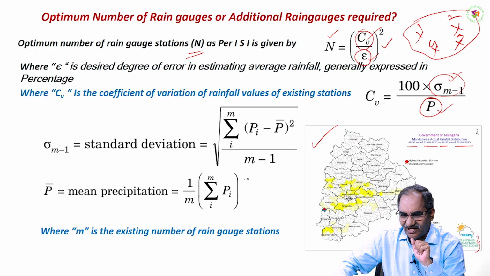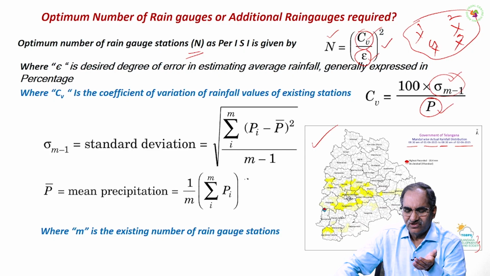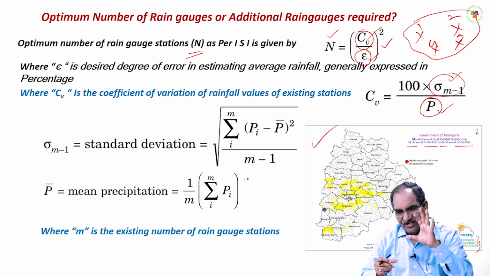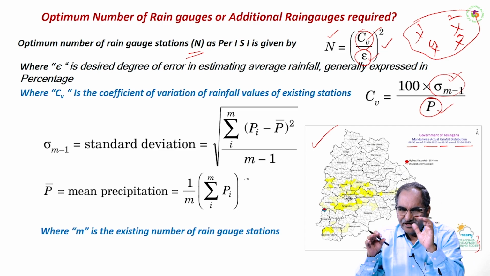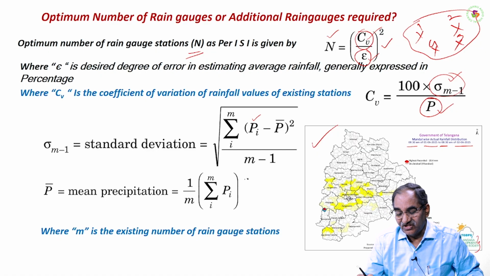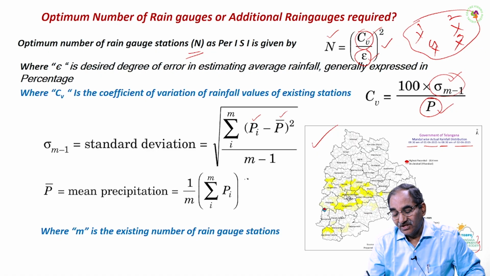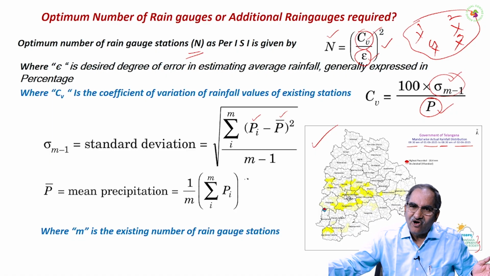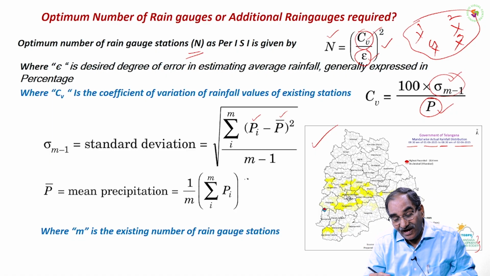So average you can calculate. Then what is standard deviation? How can you calculate standard deviation? You have to calculate, basically from the mean, how much variation there is. If you know that this is the rainfall at a particular station and this is the average, then you square this whole term, sum all of them, and divide by